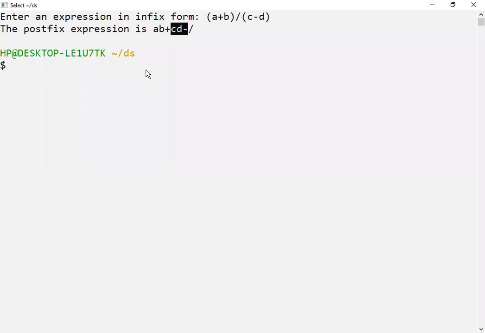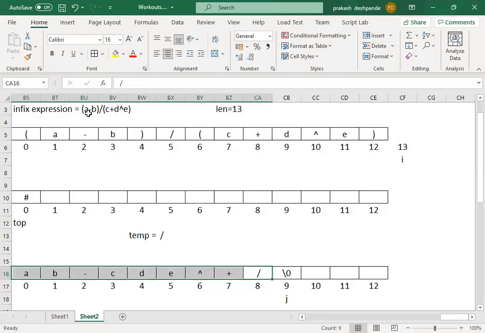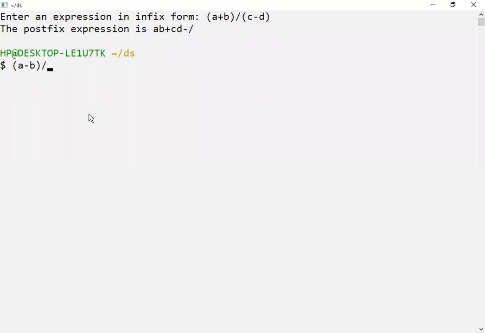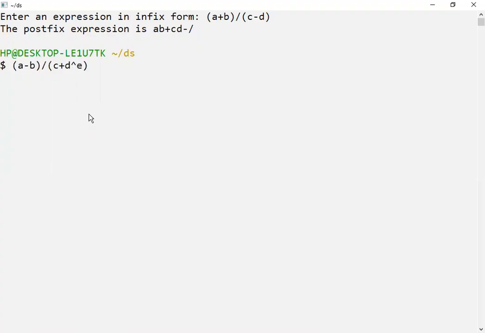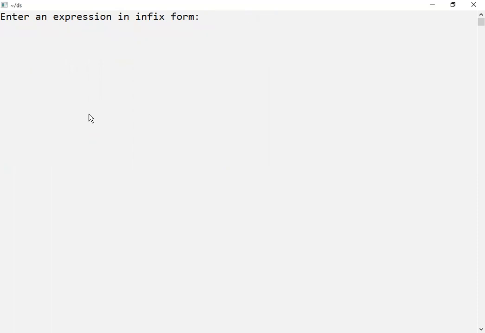What we had taken there was open bracket, a minus b. I think it was a minus b. Yes, a minus b. Then division. Then c plus d. Yes, c plus d. Then power e and close bracket. One second, let me execute first. I just missed typing ./a.exe. Okay, sorry.